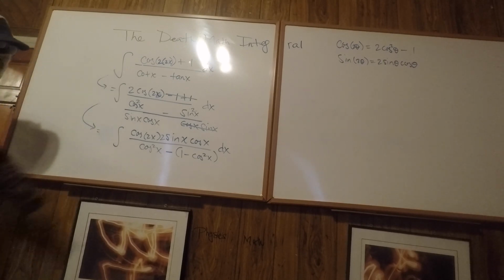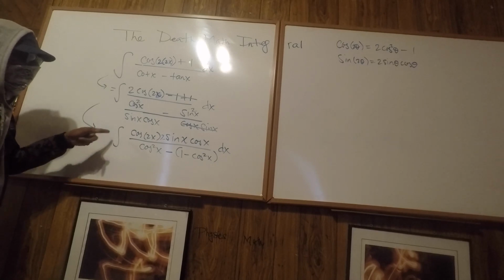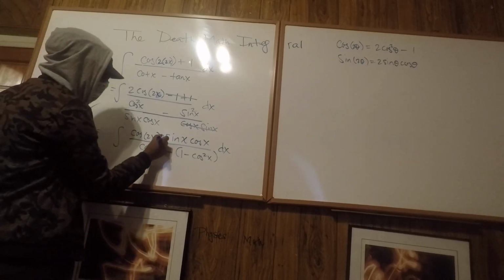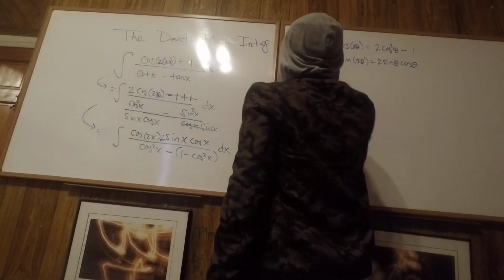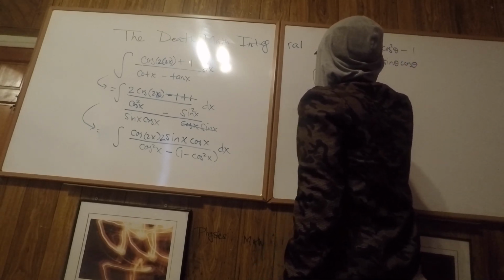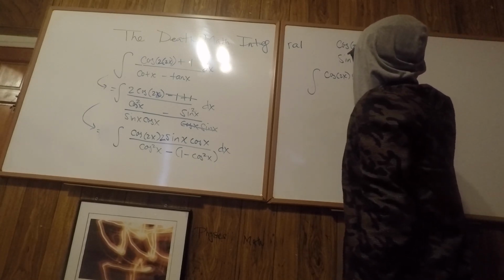So that 2 is gone, because we put a 2 there, put a 1/2 there. Put a 2 there, put a 1/2 here. But there was a 2 there, so they cancel, right? But then this here is sine 2x, right? So what we have now is cosine 2x, right? And then sine 2x,